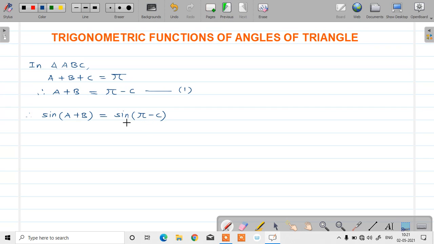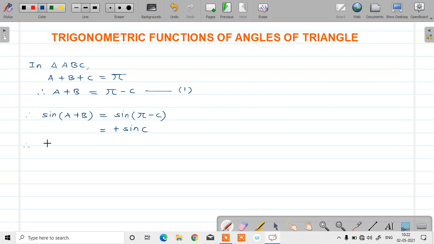Second quadrant. And in the second quadrant, the sine ratio is positive. So the answer will be positive. Now this is pi. Pi means it is 2 times pi by 2. And if it is an even multiple of pi by 2, then do not change the ratio. So what we get? We get sin c. So sin(pi minus c) is equal to plus sin c. Just apply the allied angle formula technique. So hence we get sin c.